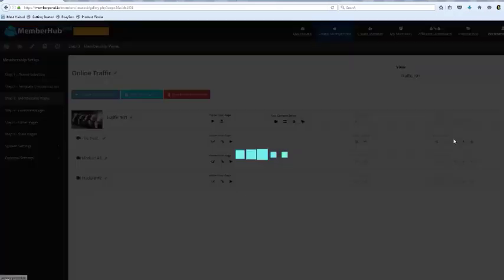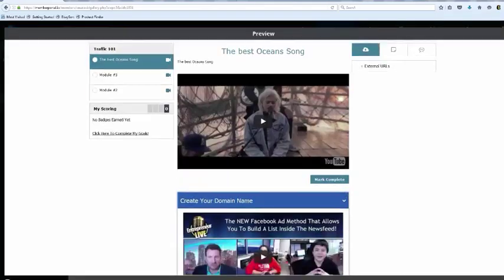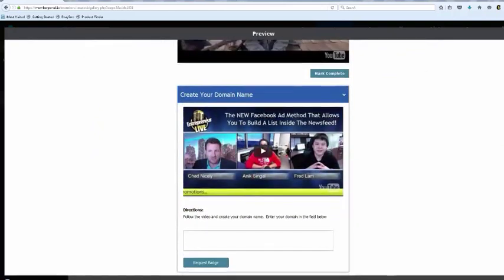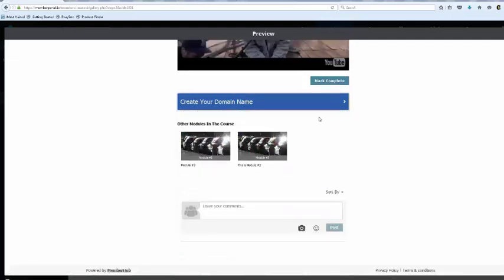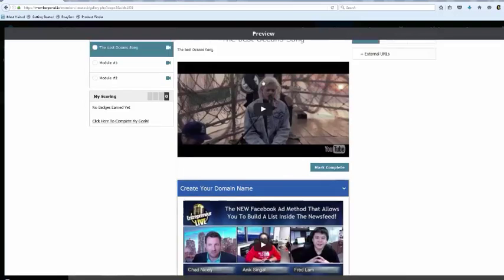And now when I come over here, you're going to see that instead of having an action block, we now have a goal block, which is basically an action block that is tied into the gamification. And we can have as many goal blocks here as we want. So they come in here. Remember, this video is very short.